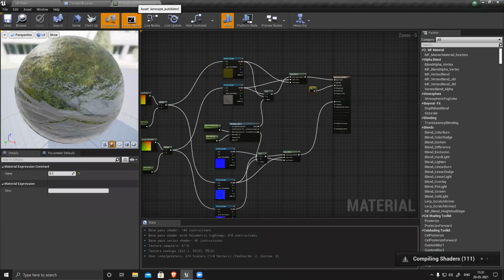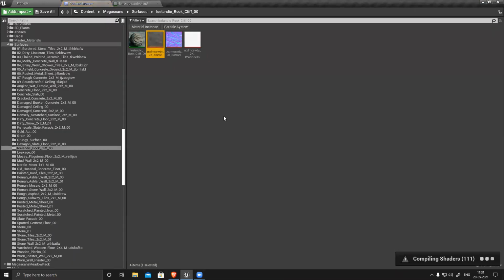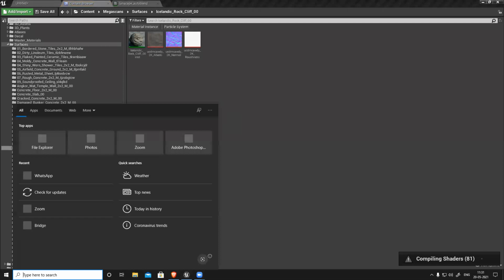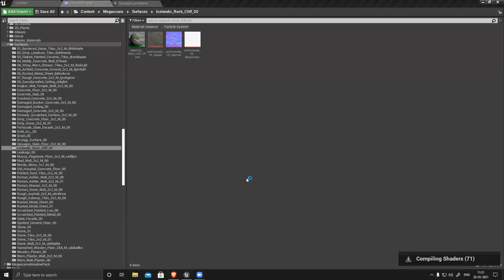And you have added displacement. So let's see. This particular map doesn't have displacement. Okay, I check displacement. This with bridge, it's there. I have to import it.